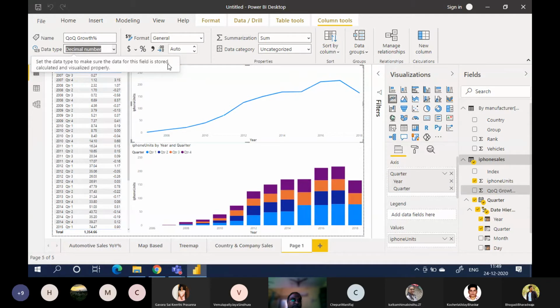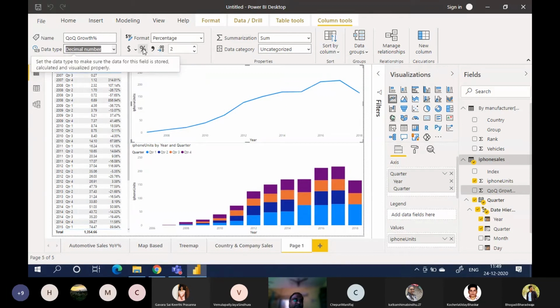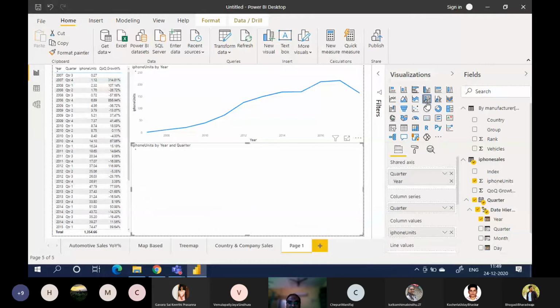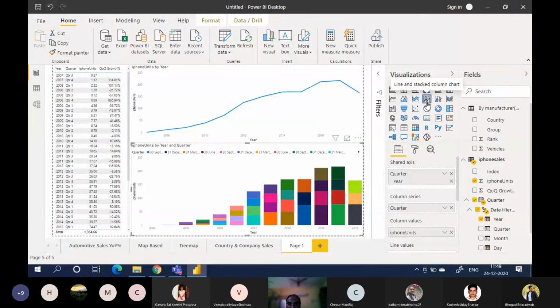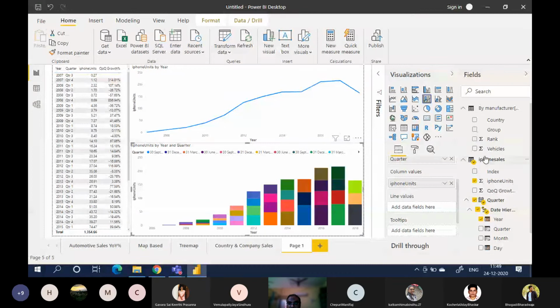Decimal number and percentage. See the percentage. Now you can convert this visualization into this line and stacked column chart, and for line values I will drop quarter on quarter growth.